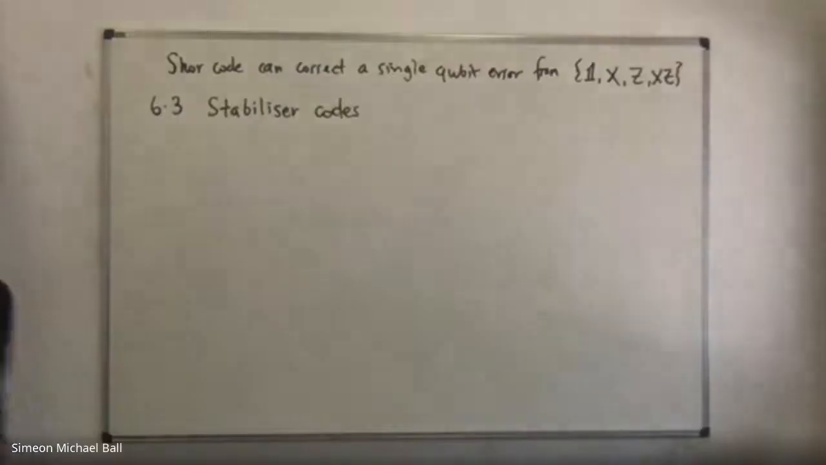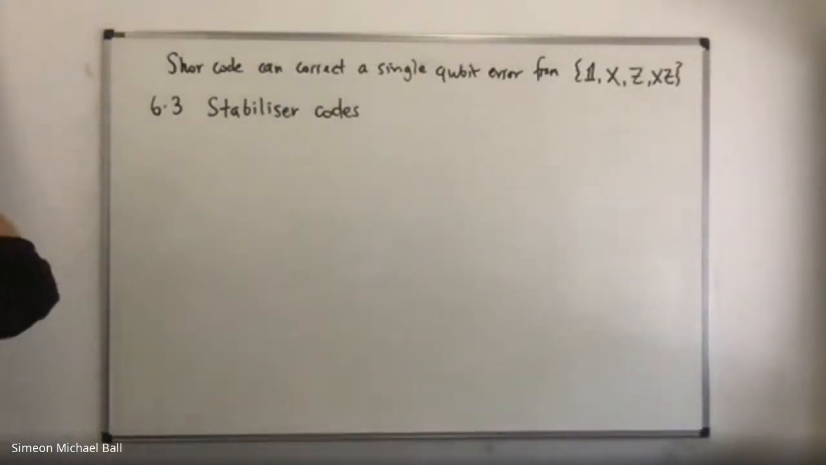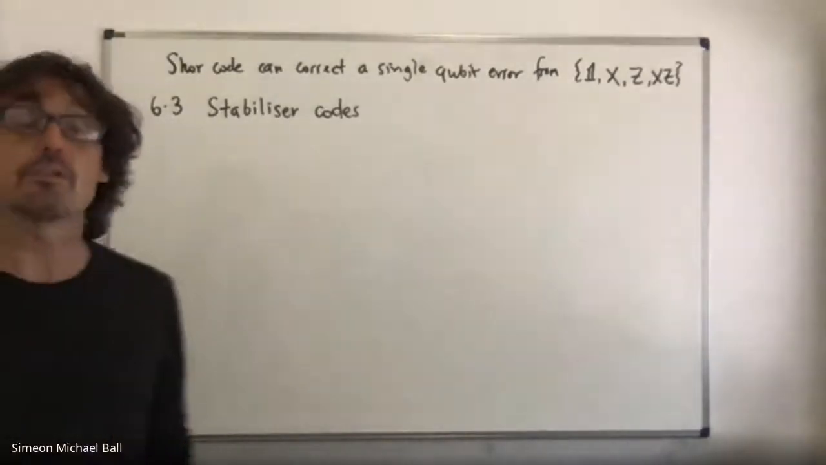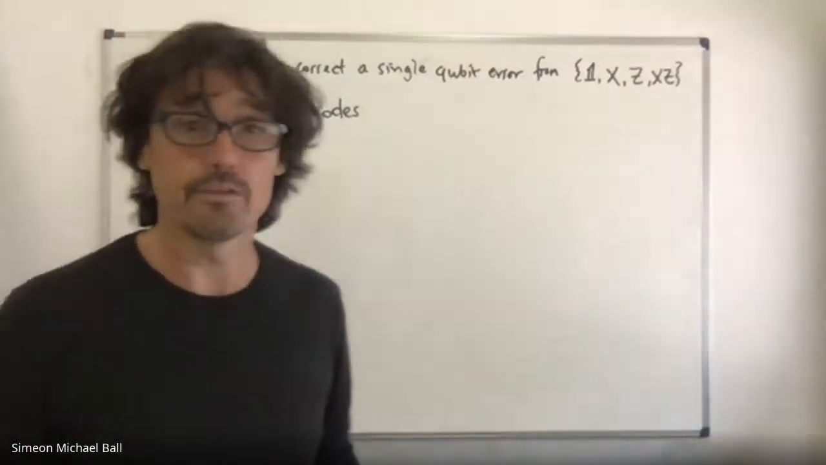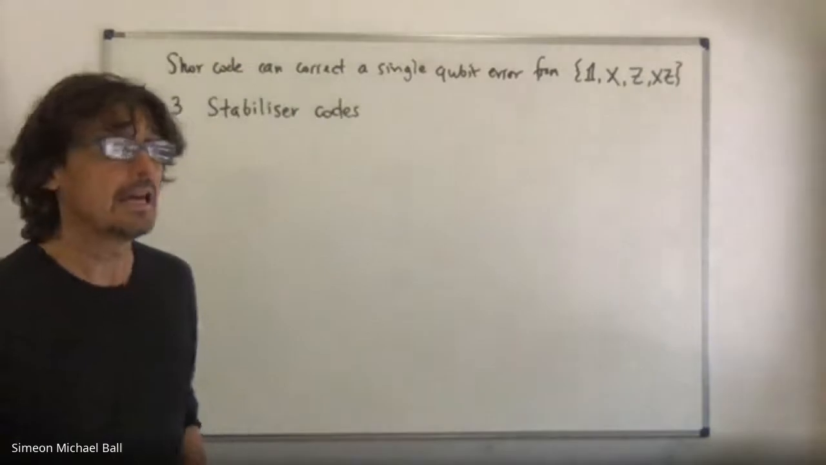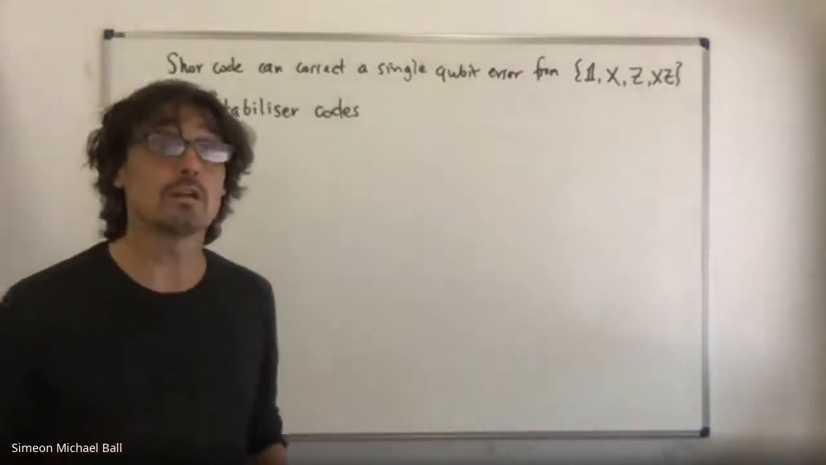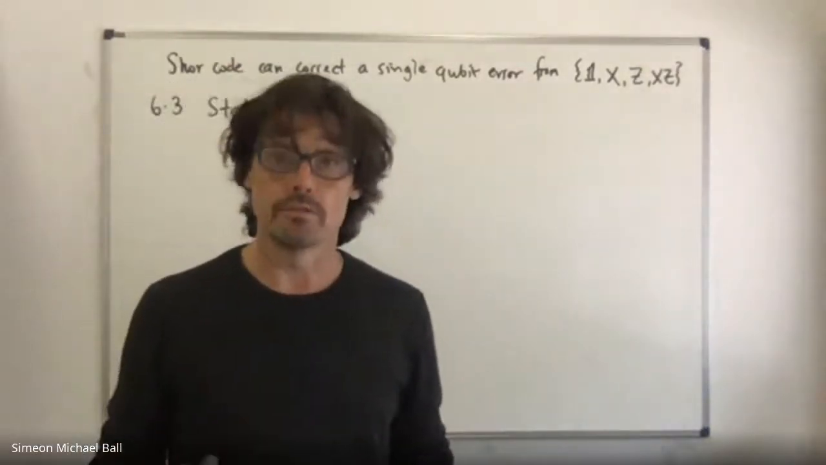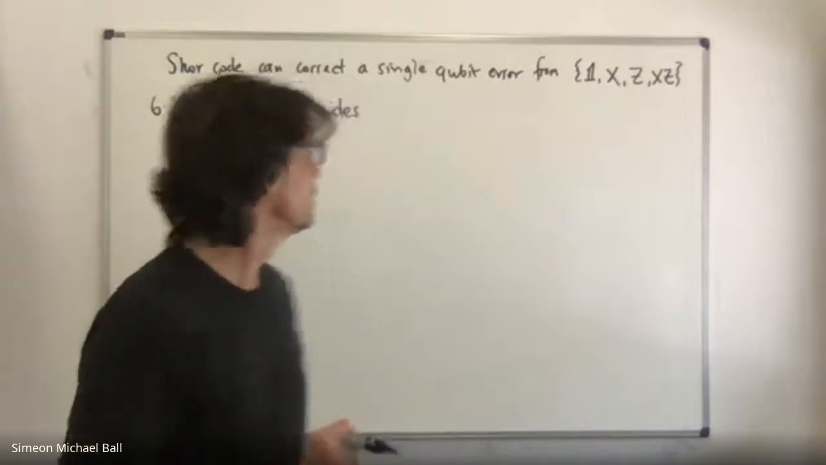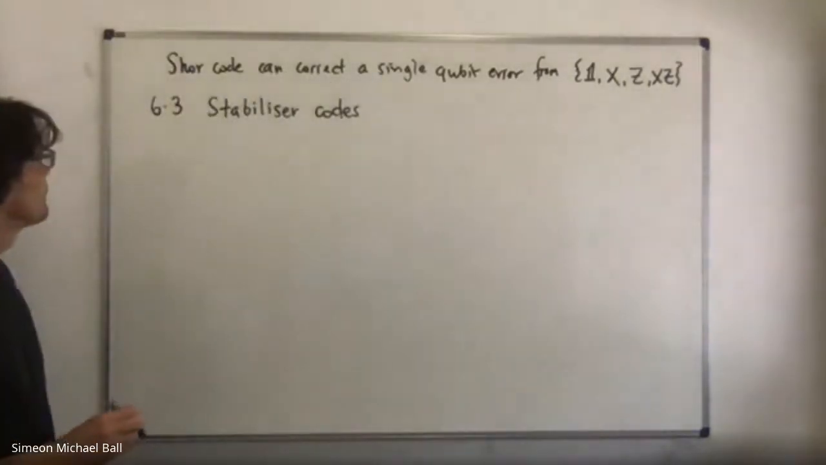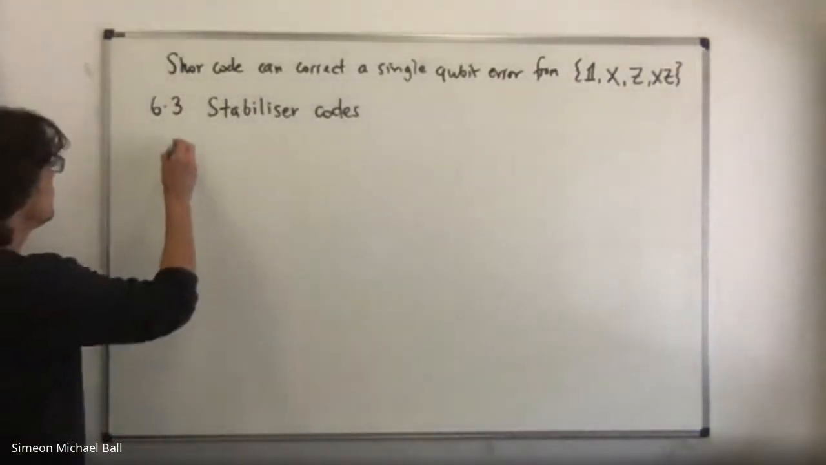So here we go. Let's just go through the basics and how we define a stabilizer code, and then how we find stabilizer codes. And also how we do the recovery for stabilizer codes, which is very important, obviously. Okay, so